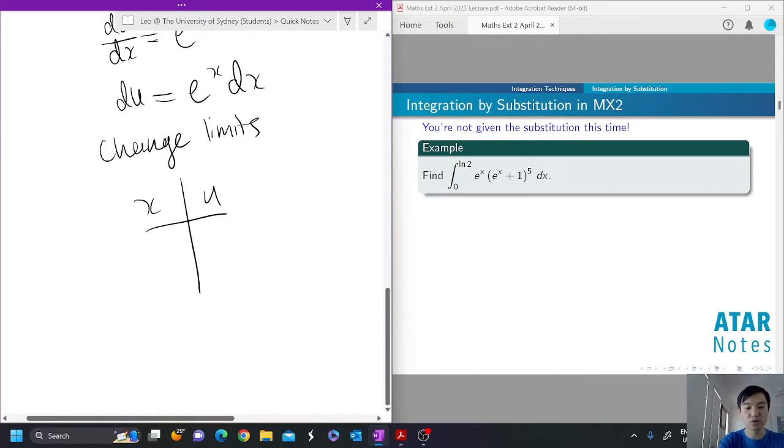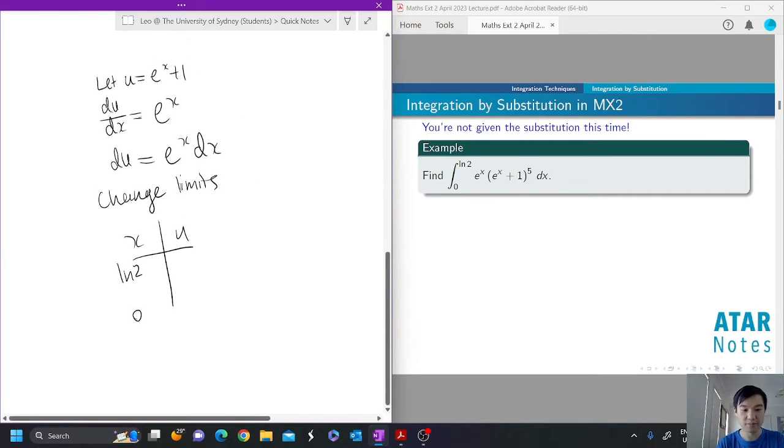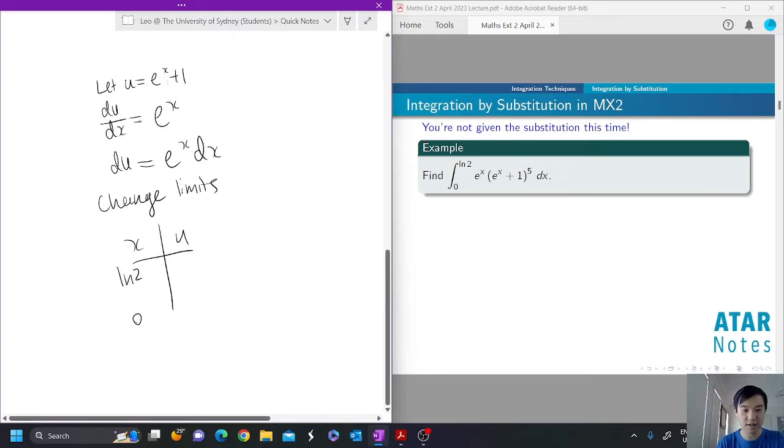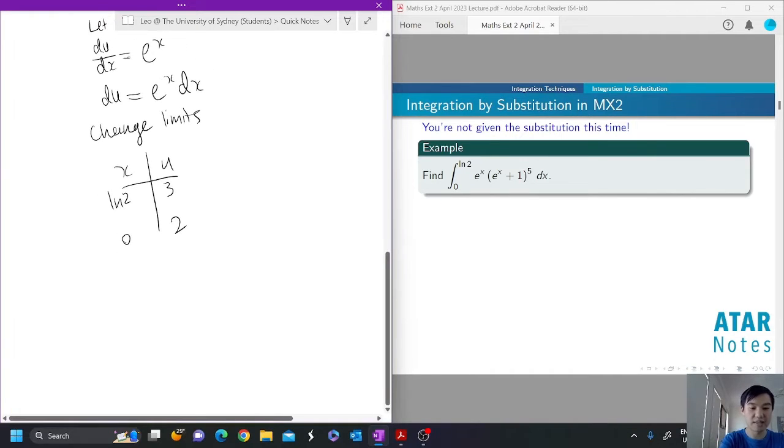Because it's a definite integral, our original limits were from 0 to ln 2. So when x is 0, e to the power of 0 is 1, 1 plus 1 is 2. And e to the power of ln 2 is going to be 2, 2 plus 1 is 3. So therefore, we can say our integral is just the integral from 2 to 3 of u to the power